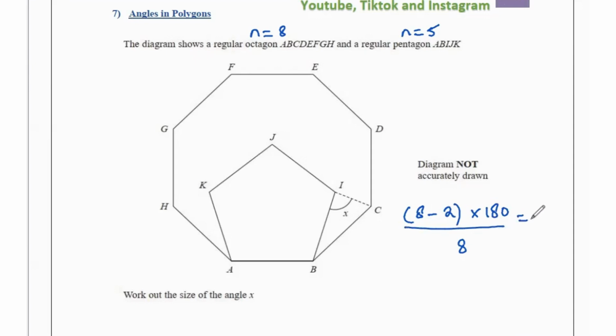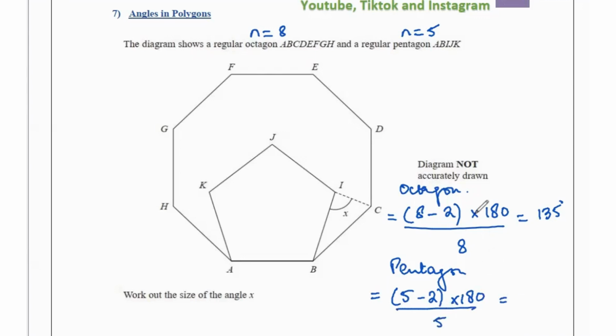This is going to give us a value of 135. This is for your octagon. Now for the pentagon, your interior angle is going to be 5 minus 2 times 180 over 5. That's 108. So all of these angles are 135 and these ones are